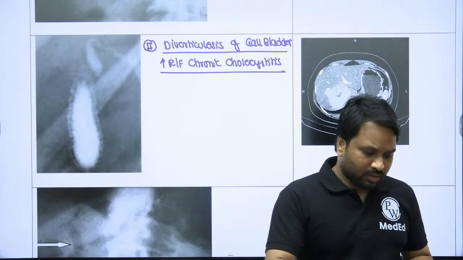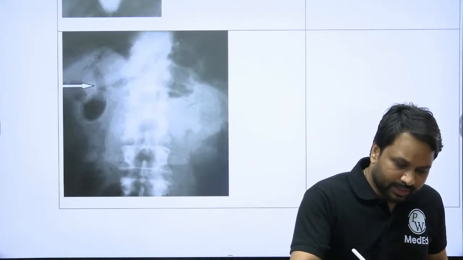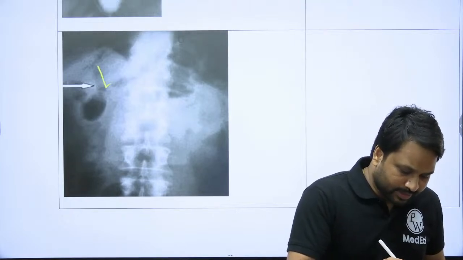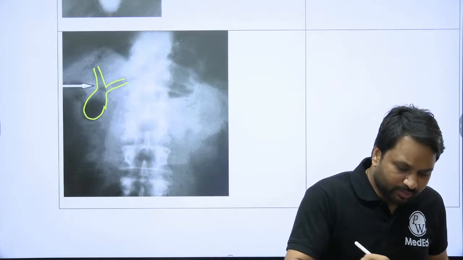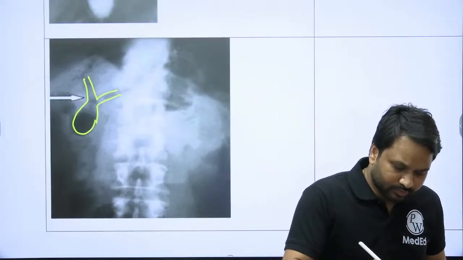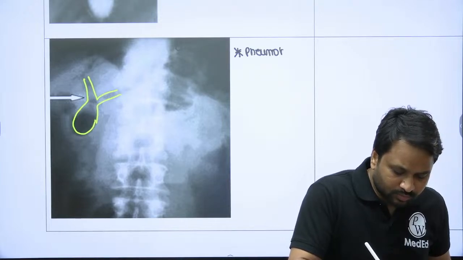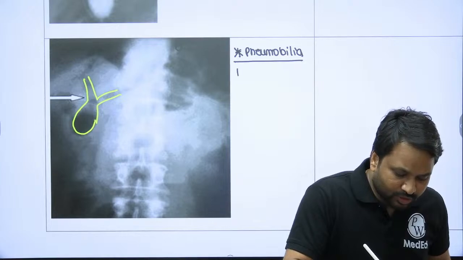Right. Here you can see pneumobilia, air in the biliary system. When I say there is air in the biliary system, this is the presence of pneumobilia. So air in the biliary system is an indication of biliary